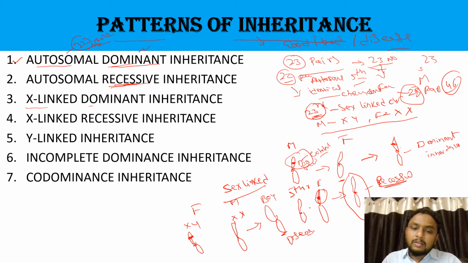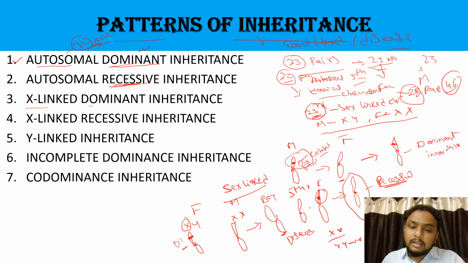Why? Only fathers can pass on diseases or good characters or bad characters, whatever the things, to the females only, because females have XX, males have XY. Here on the father's sex chromosome there is a disease. Imagine it is a diabetes gene, the diabetic mutant gene.